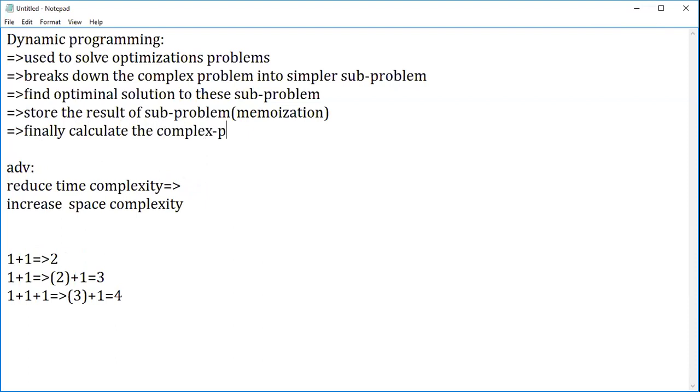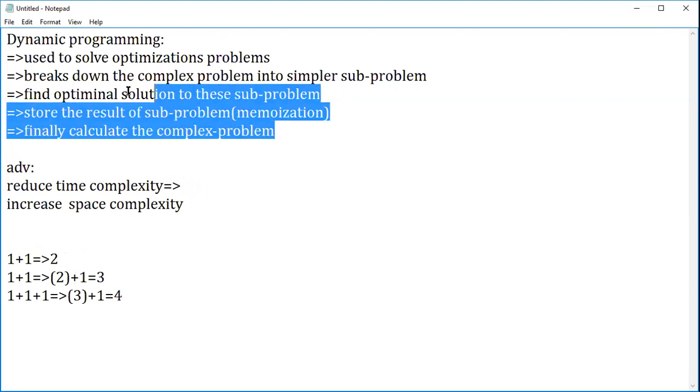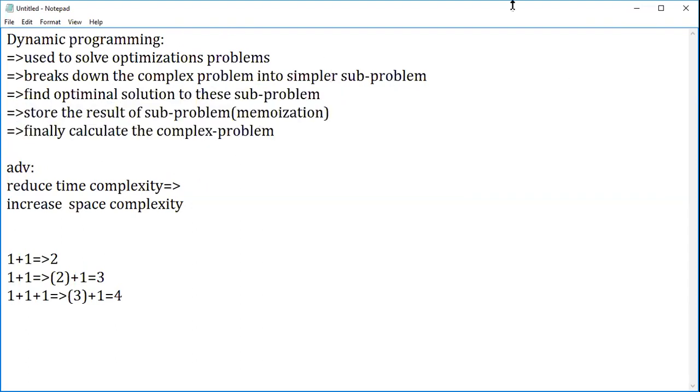If someone asks regarding dynamic programming, these are the four important key points you are supposed to say, guys. Instead of saying other things, only this is required. Whenever you are looking for optimal problems, you'll go for dynamic programming. Complex problems are divided into subproblems.